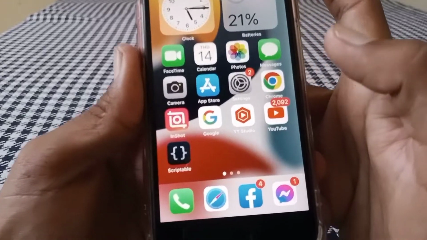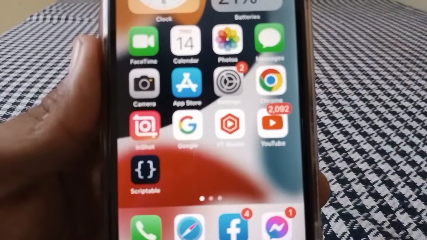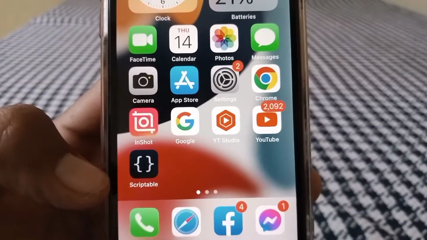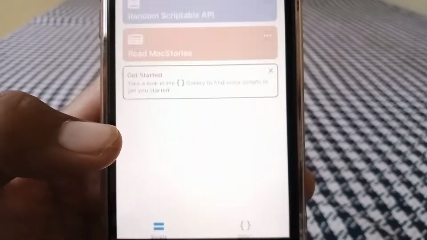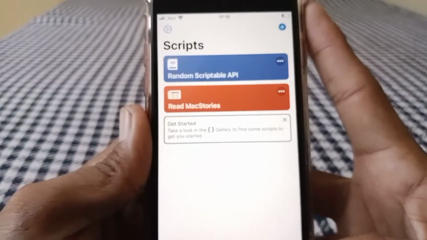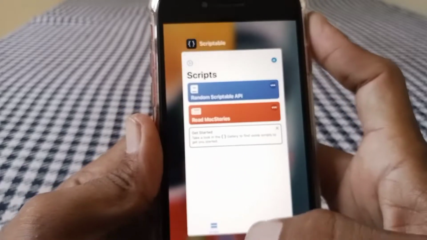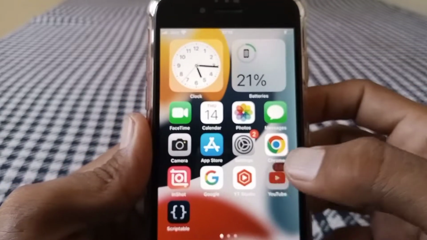And after that, what you need to do is just simply open App Store, and you have to install this type of app. So here you can see its name is Scriptable. So you have to download this type of app. Here it is guys, just simply open it, and after opening you have to allow the permissions. So I have already allowed all permissions, and after that what you need to do is just simply open YouTube,